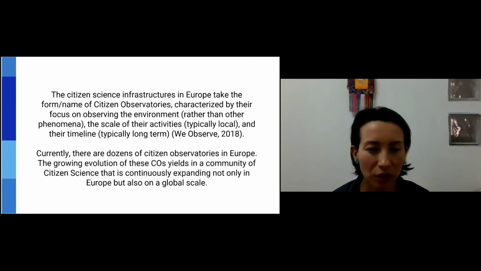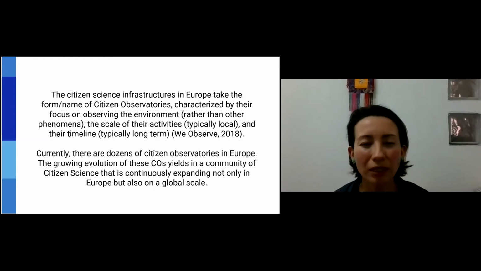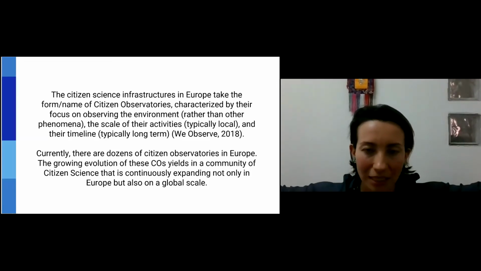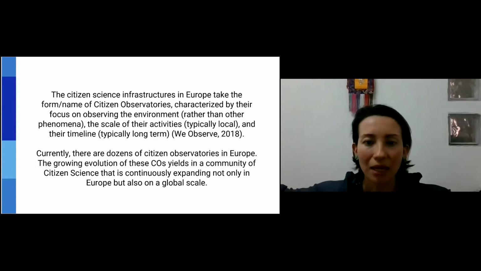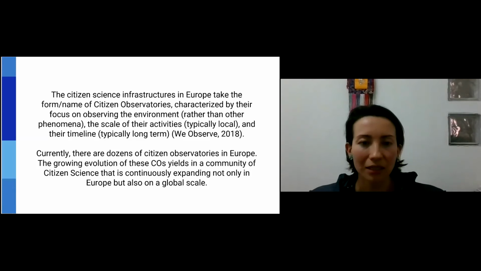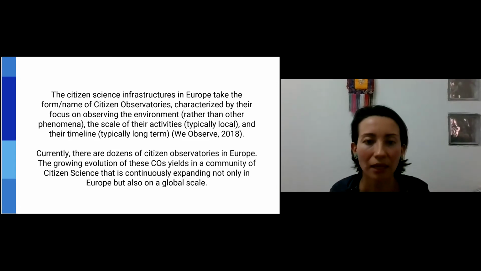Jaume pointed out the importance of avoiding duplicating infrastructure, and of working together on infrastructure that citizen observatories could share despite the different questions that citizen science invites, and thinking about the long term and the sustainability of the citizen observatories. Some of our participants shared their support for this comment through the chat, saying yes, it's right. Even 80% of the citizen observatory infrastructure, after the project finishes, just does not continue.